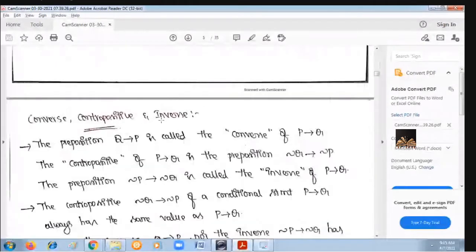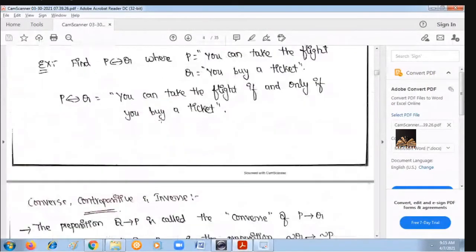But what is negation? Negation you can apply only to a single variable. But the four connectives I just told you can be used to connect more than one variable. If you want to connect P and Q, you can use any of these four connectives. If you want to apply negation, that can be applied to a single variable, something like negation P, negation Q, and so on, right?